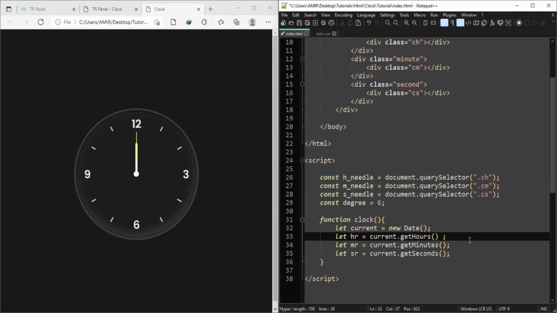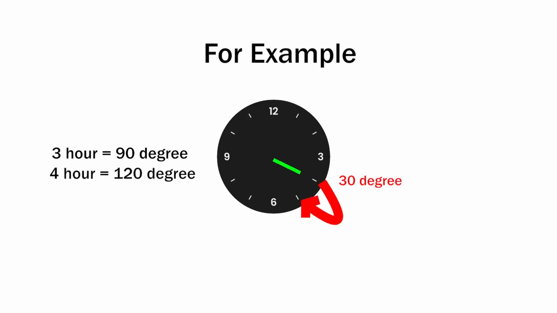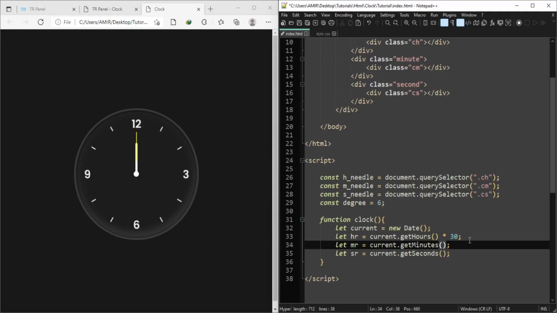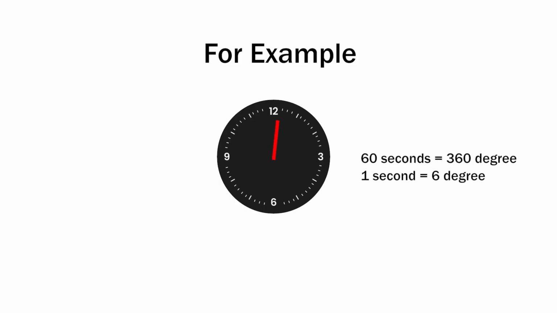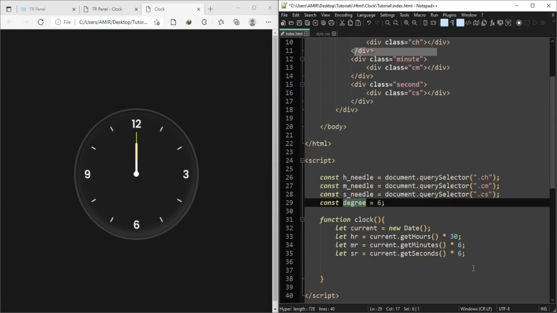If you remember the earlier example, we need a 30 degree rotation between these hour sticks, and some from minutes, but we will take this later. Now for minutes we multiply by 6, because if you remember the first example, we have discussed these things there. You can also say this degree here.